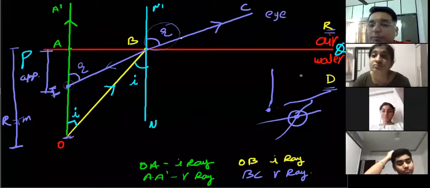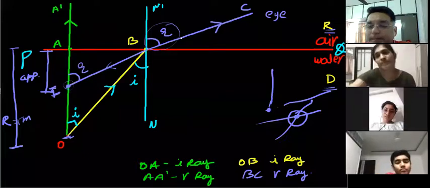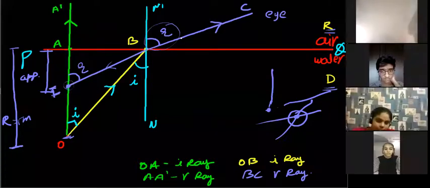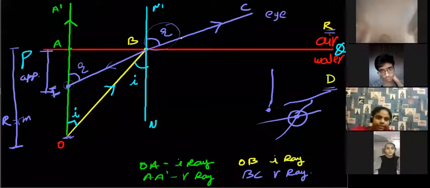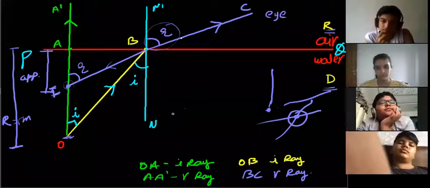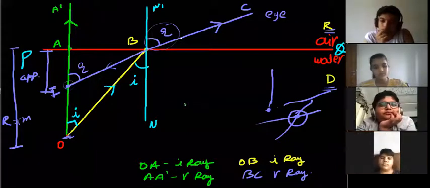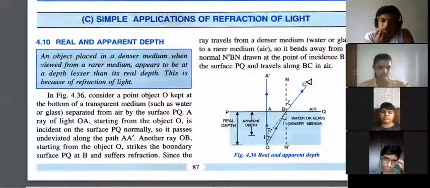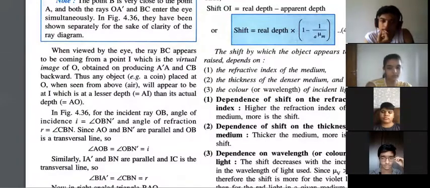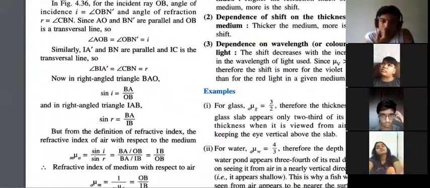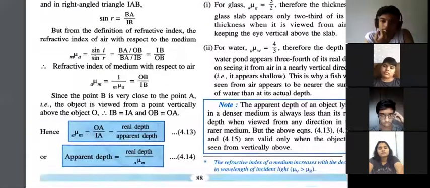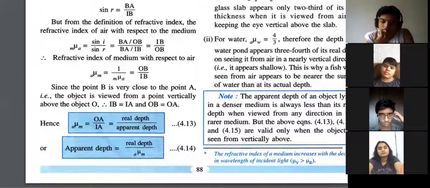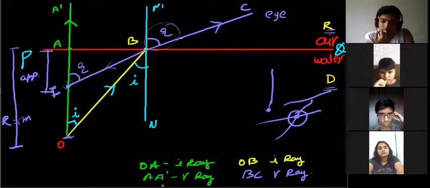Anyone has any doubts up to here? Nisha, clear about this? Okay. Everyone clear? Vansh, Anshika, Maitri, clear about this? Yes, sir. Ayush, I cannot see you, okay? Khyati, Swayam, Dev, everyone clear, right? Okay. So now we are going to derive the formula. What is the apparent depth and what is the real depth? You can see in your book over here, that is what they are doing. We are going to figure out this formula now, how to find the apparent depth and the real depth. We'll slowly reach there.